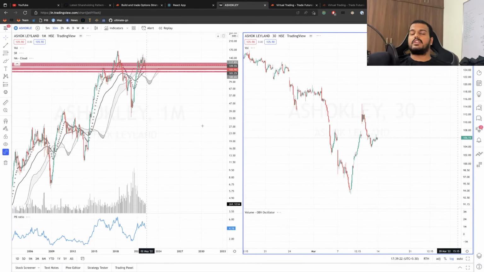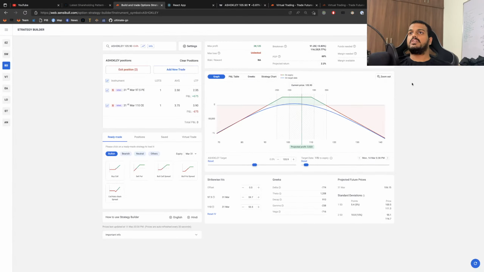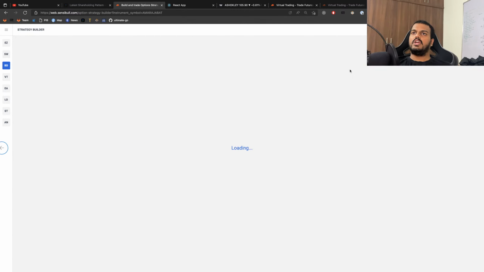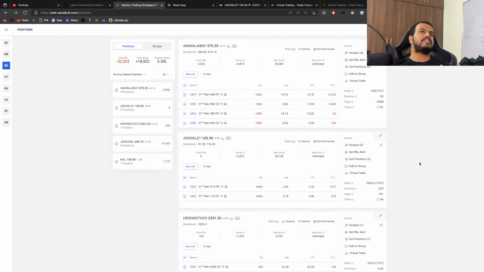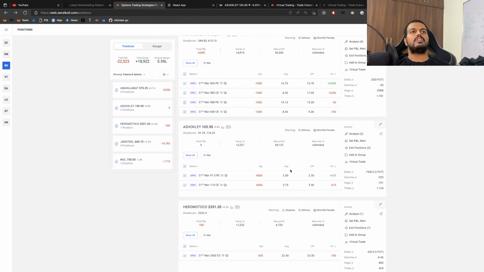Why did I take a trade when it is in a dangerous situation? Because the risk to reward is favoring us in some time, and I have taken this at the end of the day. So the theta decay will be huge, and we can basically adjust with at the money options or selling, making it a different strategy altogether. Something like JSW, if you are observing here, we can basically ladder it with another strangle, or we can also do other various strategies which can avoid us massive losses. But ultimately I'm expecting a good theta decay, so we might be in a good risk to reward ratio.